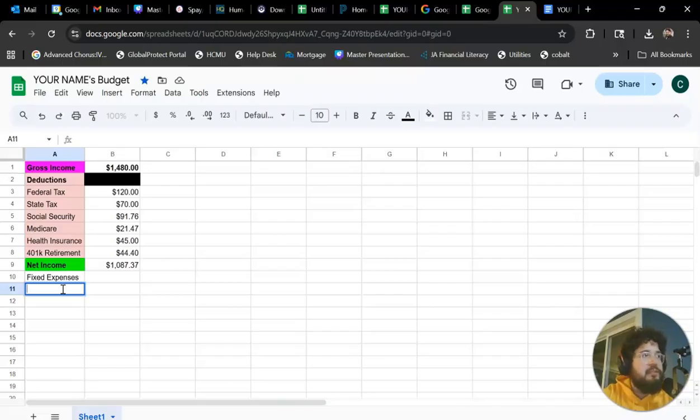Now again, I want this to become a tool for you. So guess what? If you need to add to this in a little bit, fantastic. Just go ahead and follow along with me for the sake of the assignment. So we're going to start with rent. So again, most of you will not own a home right out of high school. You'll need to rent an apartment.